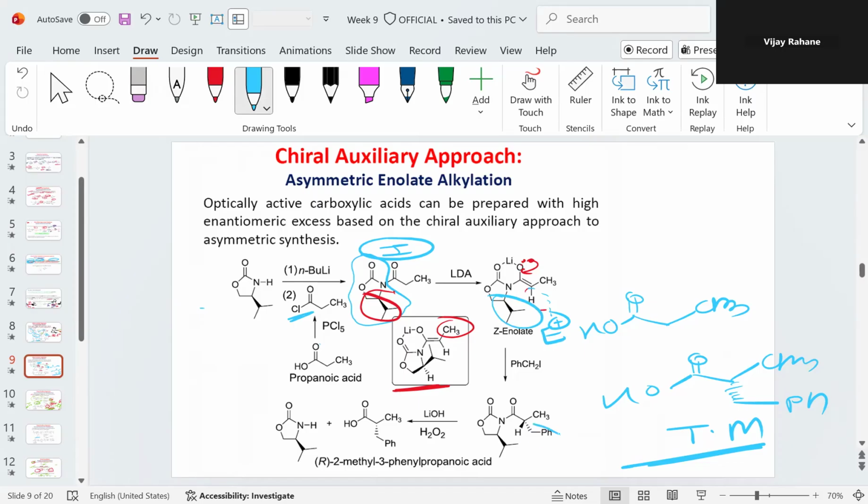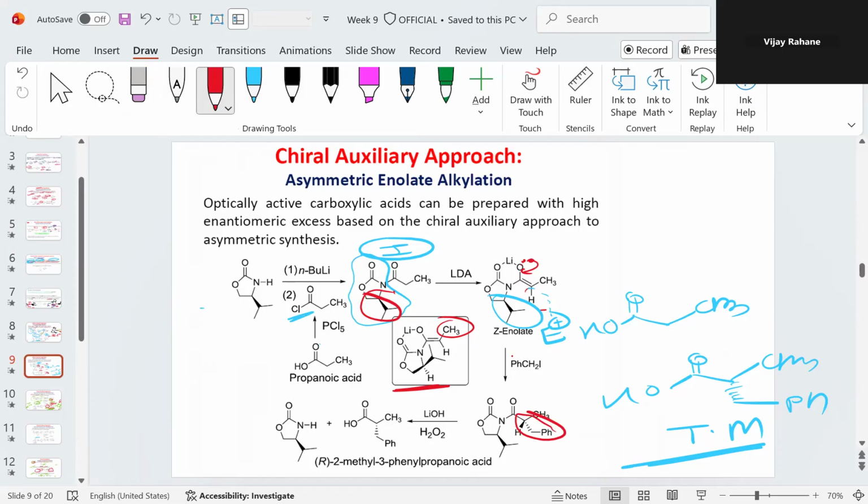So this incoming electrophile is now directed downward. And this is what we have done here: the steric induction or asymmetric induction, or the chirality induction on this chiral center, or also we can say selective addition of electrophile on this carbonyl center